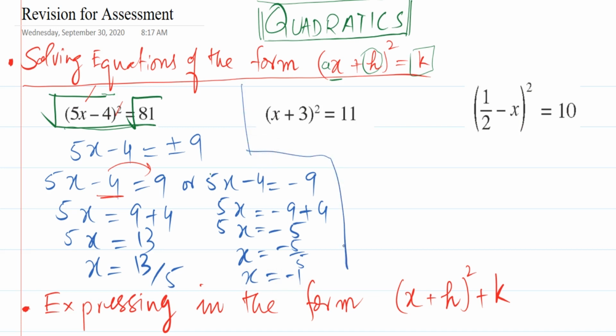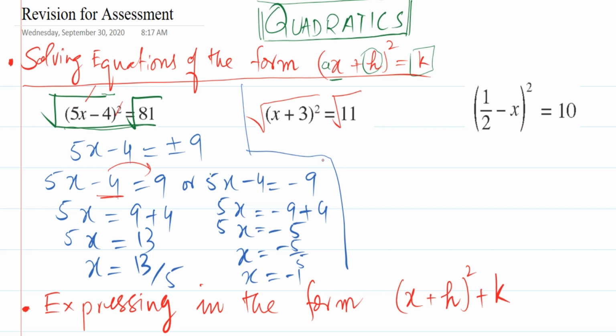In the second case, again, we have an expression on the left side which is given in the form of a perfect square, and on the right side we can see there is a number. So again, we will take the square root of both sides. In this case, on the right hand side we have a number which is not a perfect square. So to find the square root of 11, we will take help of a calculator, and this is 3.3166, and so on.